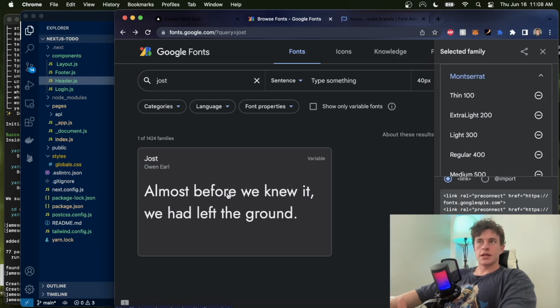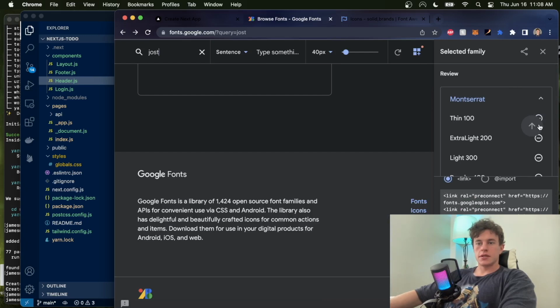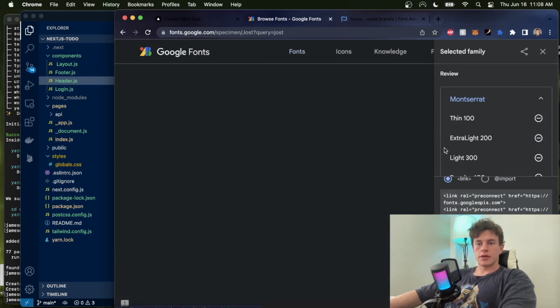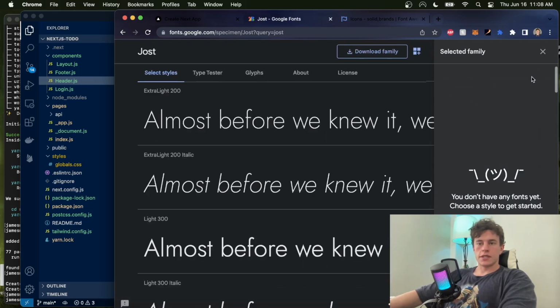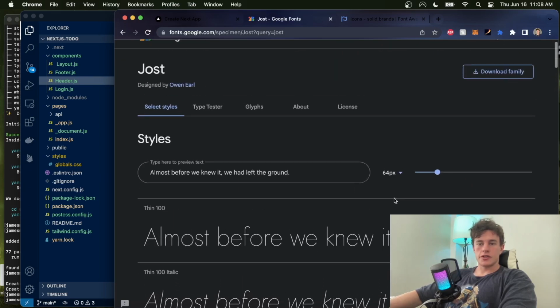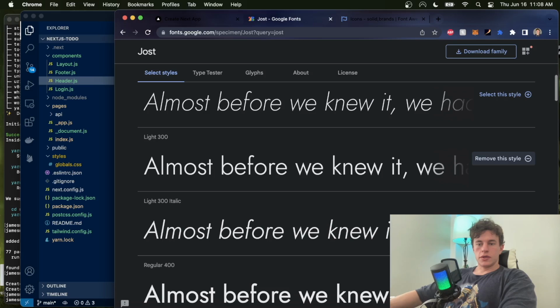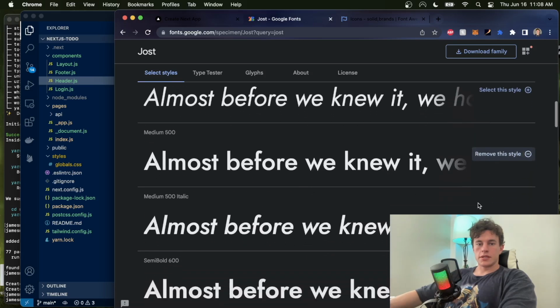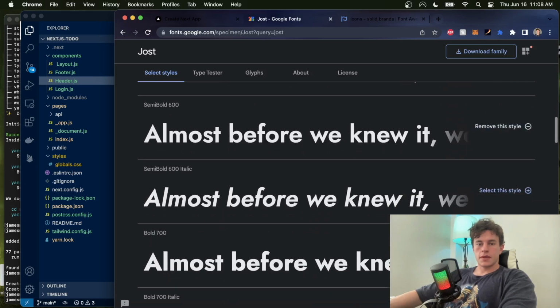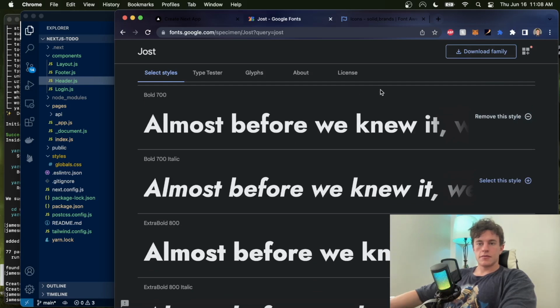But I actually just quickly decided that I would prefer to change the font real quick. So what I'm just going to do is quickly click on that one, remove all of this, and instead I'm just going to take this font because I think it just looks slightly cooler. So if we just grab all these styles, just like that,